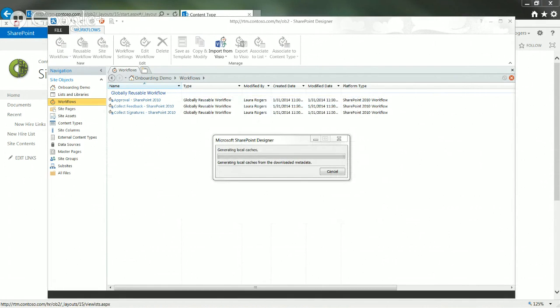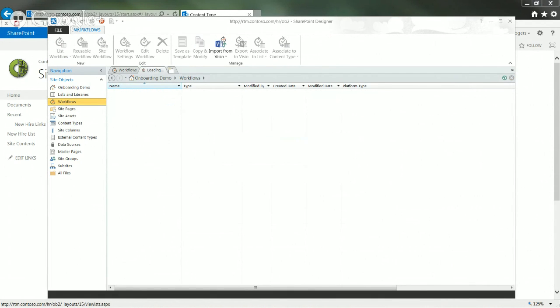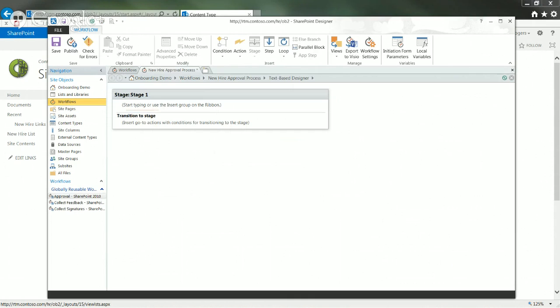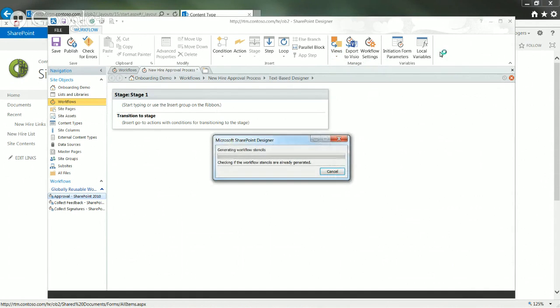Okay, it's creating my workflow for me. And now I have a blank 2013 workflow. And I know that there's a cool new visual editor now in 2013. I don't tend to use it. I don't know, maybe it's just a familiarity, like a comfort thing for me. I tend to just keep using the